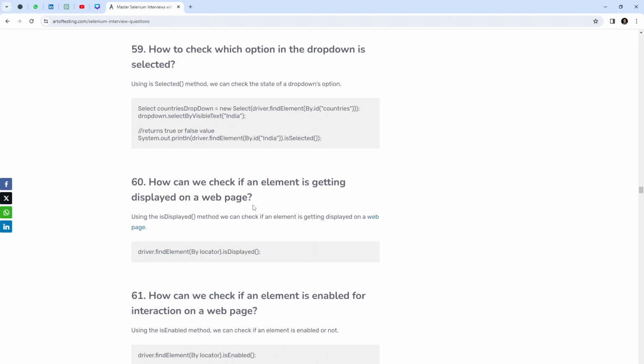How can we check if an element is getting displayed on a web page? Using the isDisplayed method, we can check if an element is getting displayed on a web page. driver.findElement(by locator).isDisplayed();